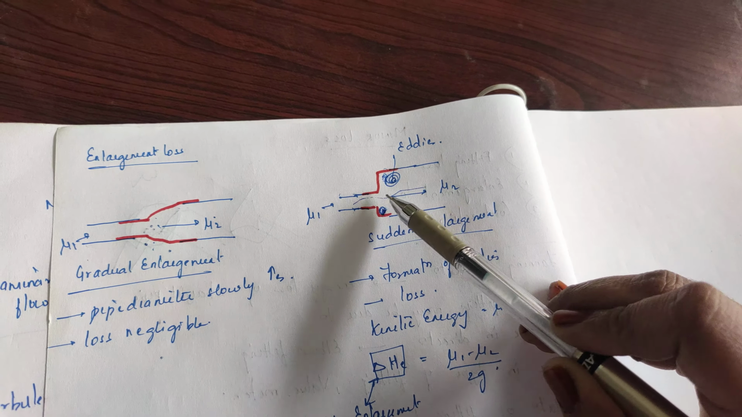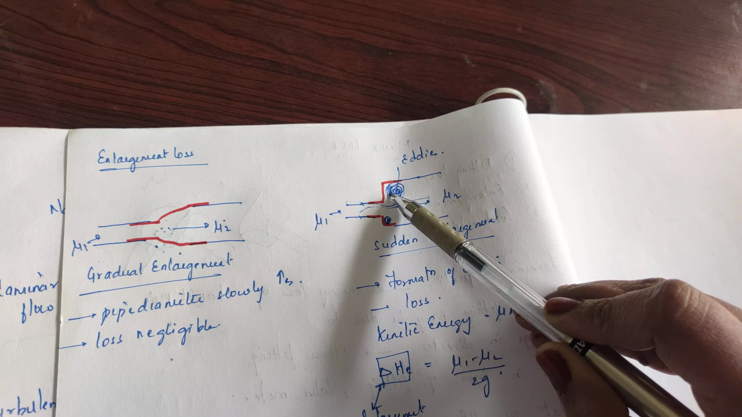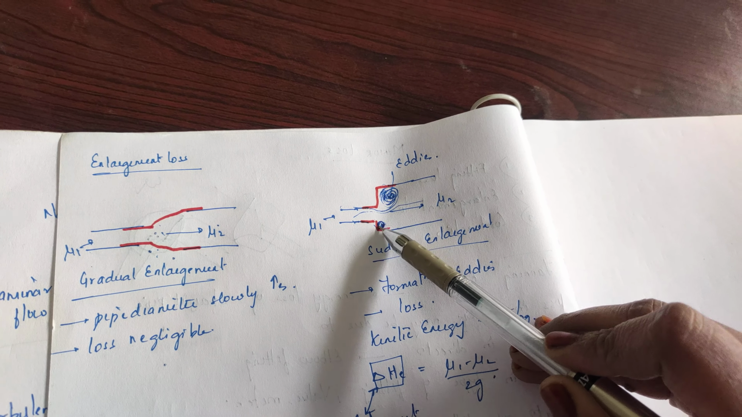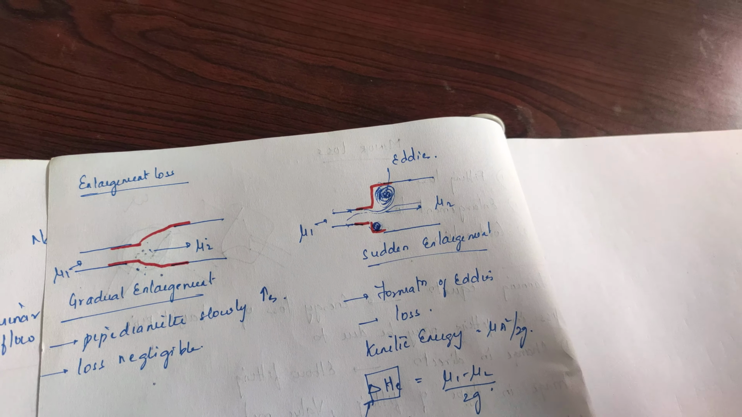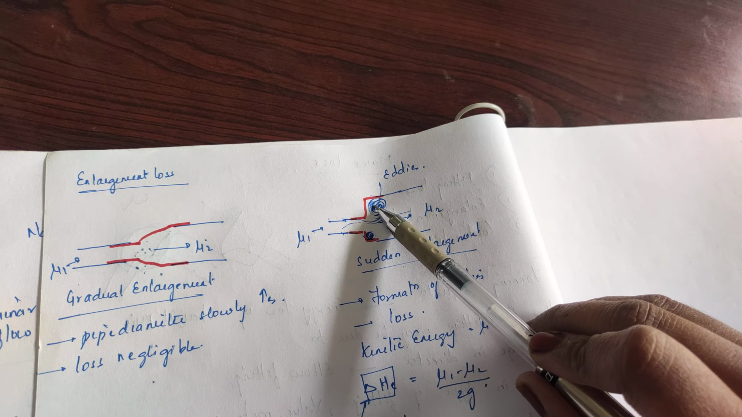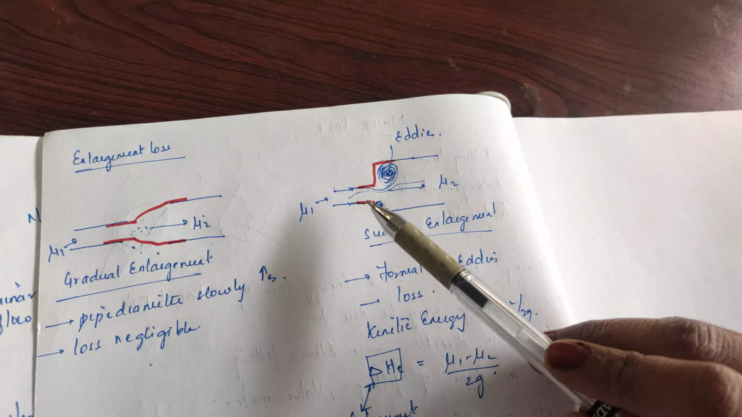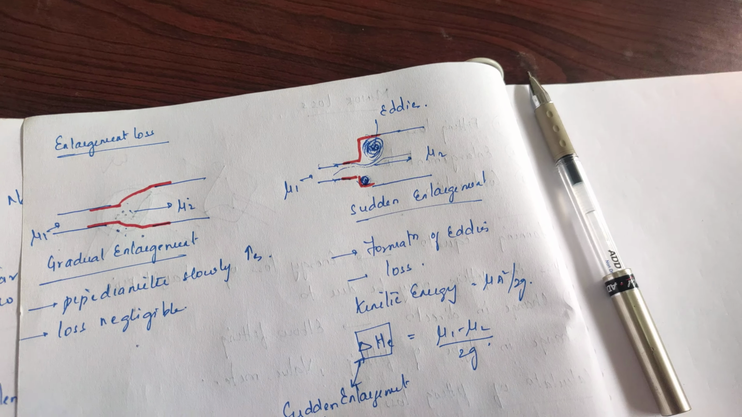The rest of the water will be flowing, but some water will enter here and form an eddy, which is the whirlpool. So what happens is, in the corner the water rotates on its own, then it will enter here later. This formation of eddy is seen in the case of sudden enlargement. And here, due to formation of eddies, obviously there will be a pressure drop and velocity drop, and here the